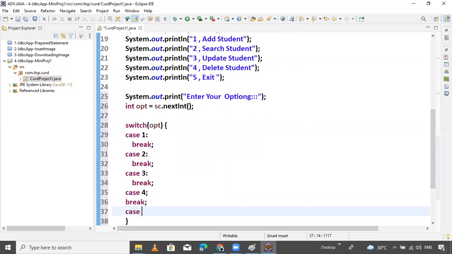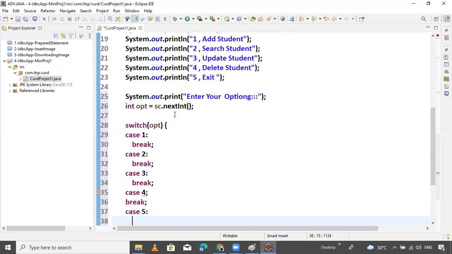Case 5. And here there is no break. Here is a simple print statement called System.exit.